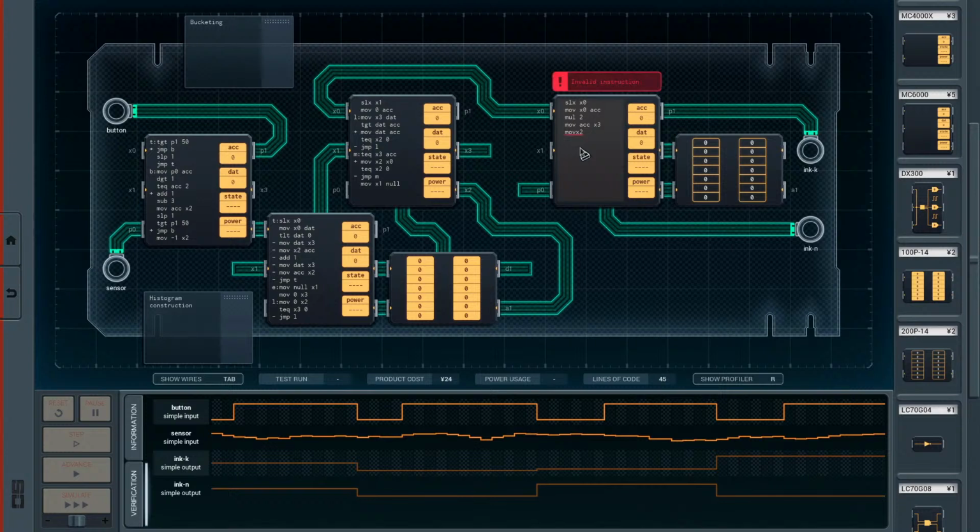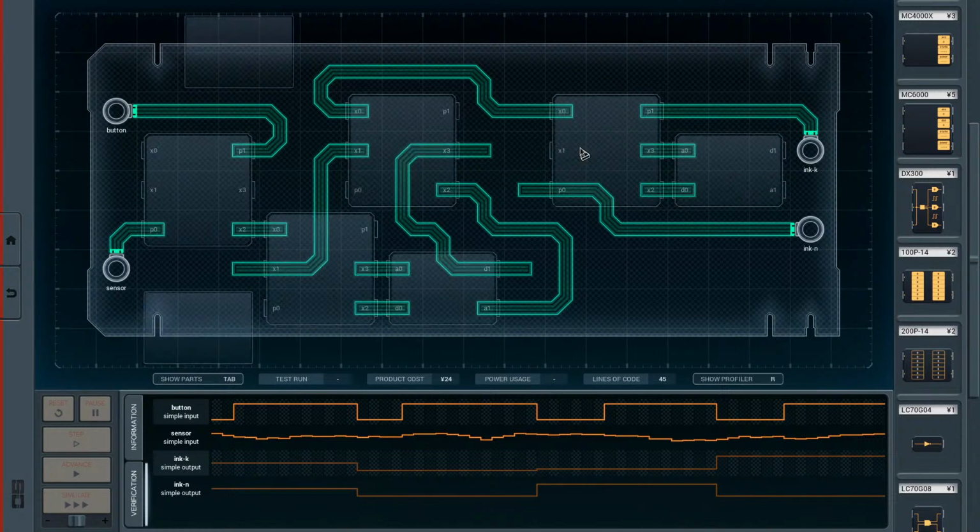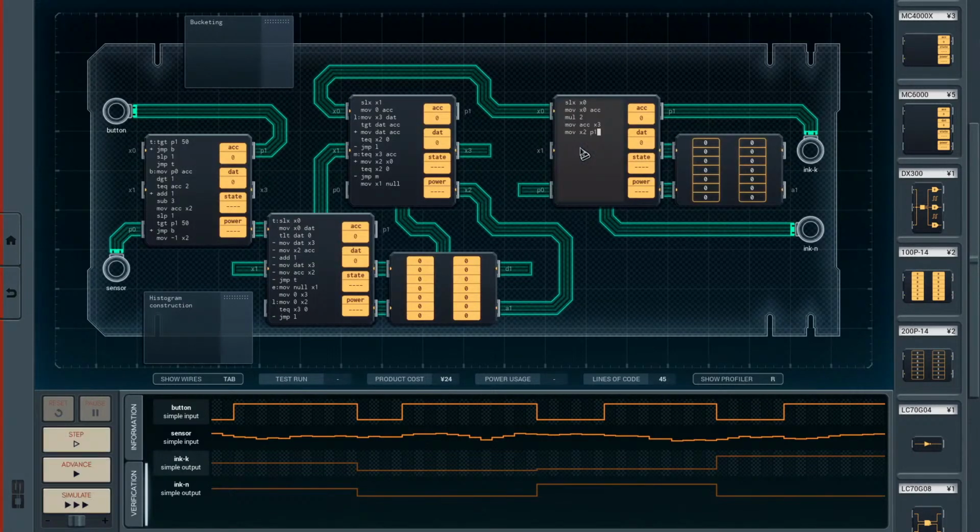We generally output K followed by N. So we want to move it to P1 followed by P0. And then that's the bucketing. So the first two are, oh yes, and this needs to start with